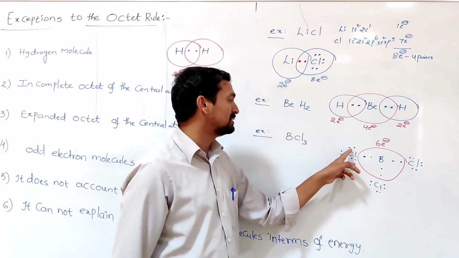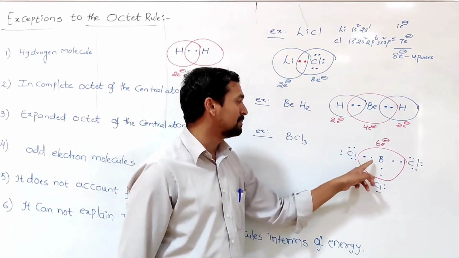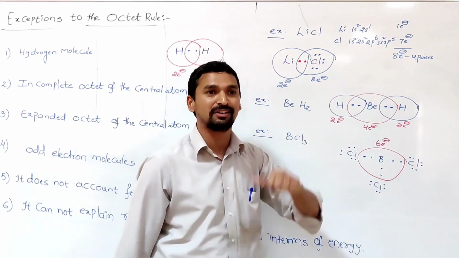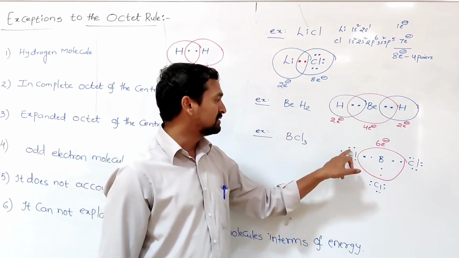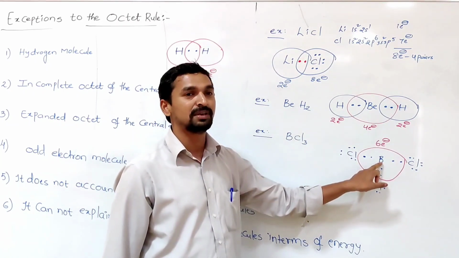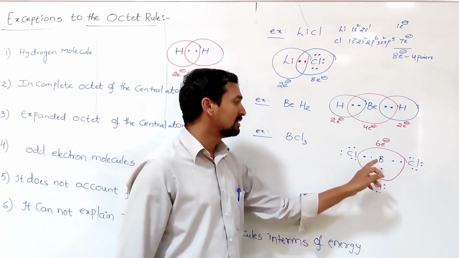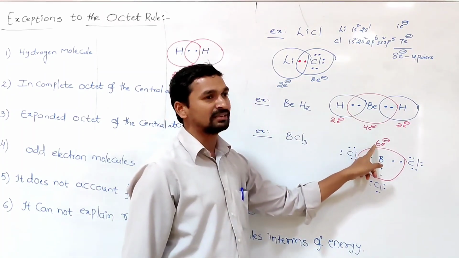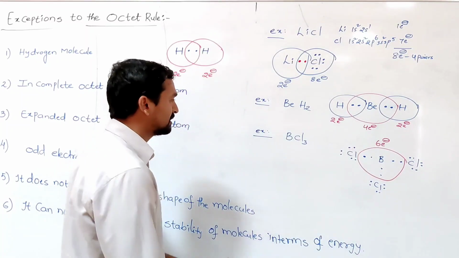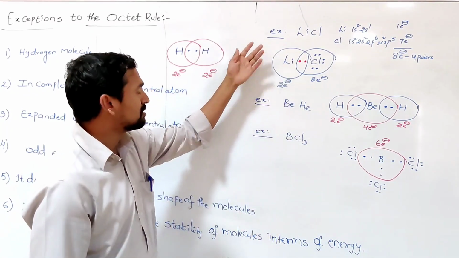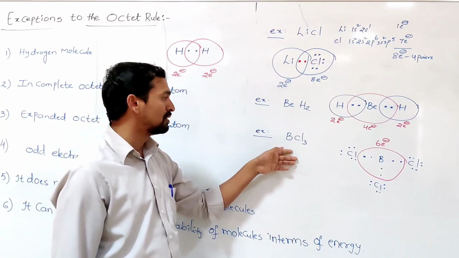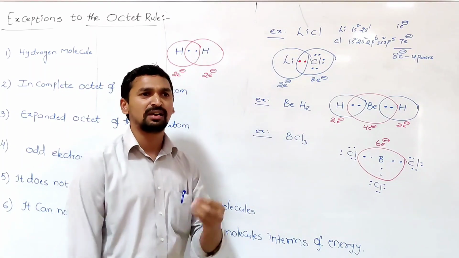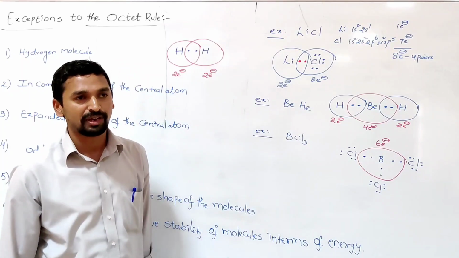That's why it is not possible to keep this electron pair between the chlorine and boron to form one more bond to get the octet configuration. Because once we keep it here, the boron valency becomes 4. But naturally, the boron can form only 3 bonds. So here 6 electrons, that's why it also does not fulfill the octet. So that means your lithium chloride or beryllium compound or boron chloride, in all these cases, the central atom does not fulfill the octet configuration.